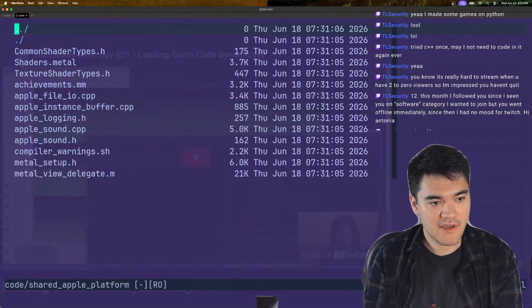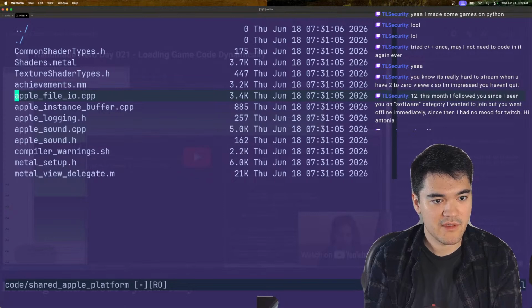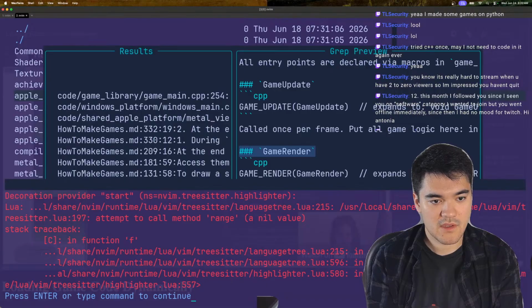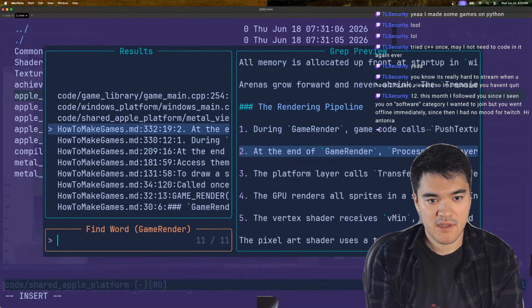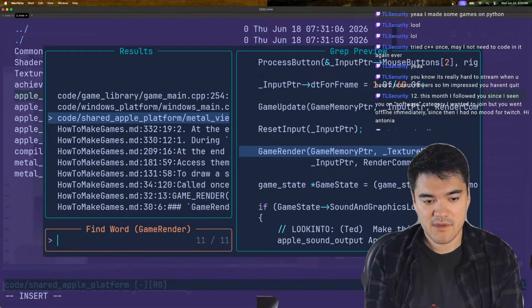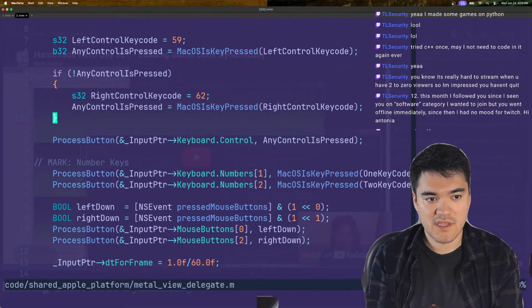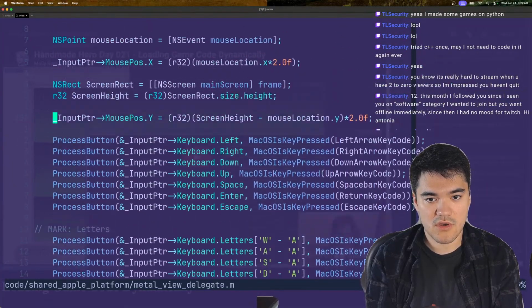That's good to know. And it's actually very nice. I'm glad that, hey, this is the working example of that working, right? And we want to see the other one. So metal. Oh, this is in metal view delegate. Oh, so on Mac,